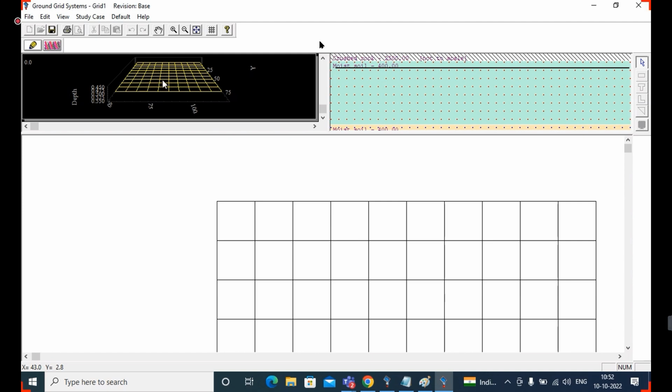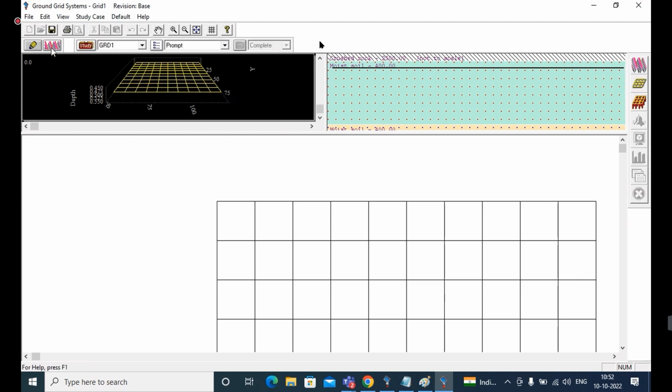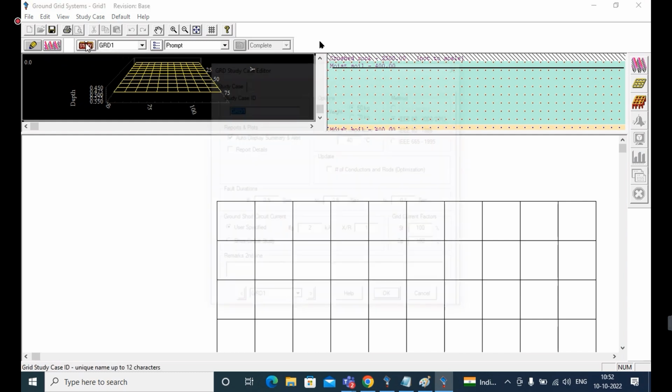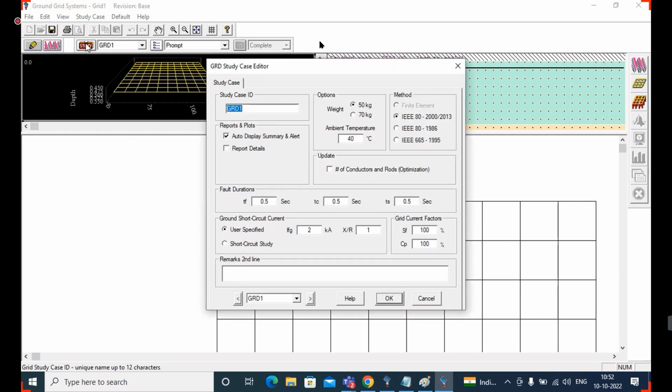Now I'm going to run the ground grid study. The running option is here, ground grid study. Just enable this option. You have the edit study case toolbar option, which is enabled while you are running. Just click that edit study case toolbar. In that page only we are going to assign the fault current value.